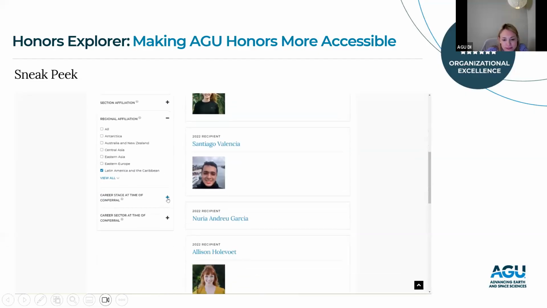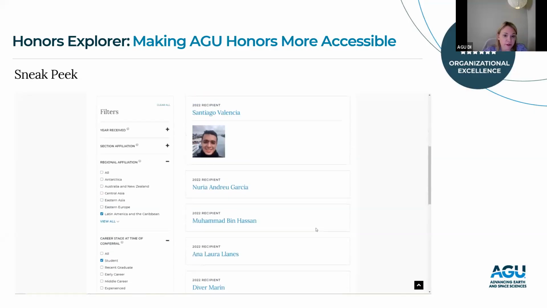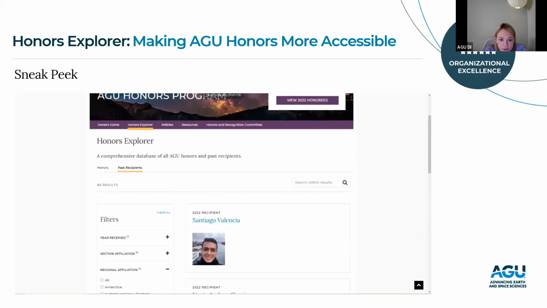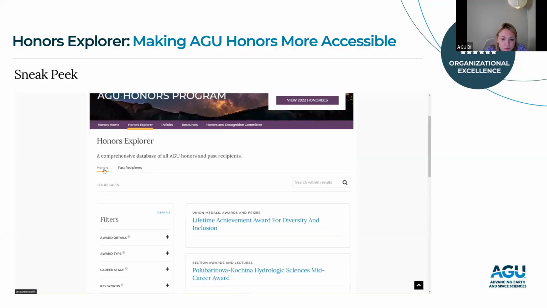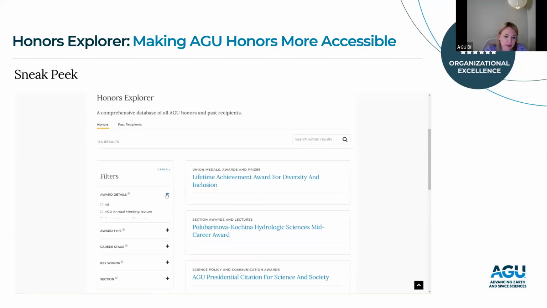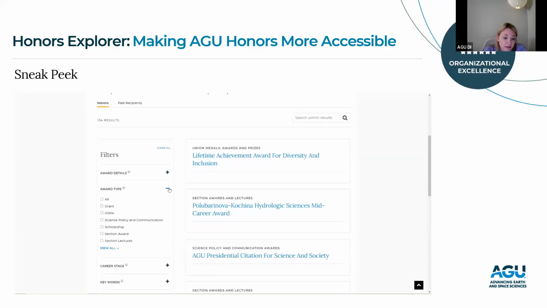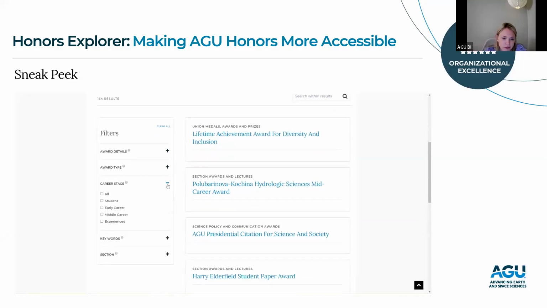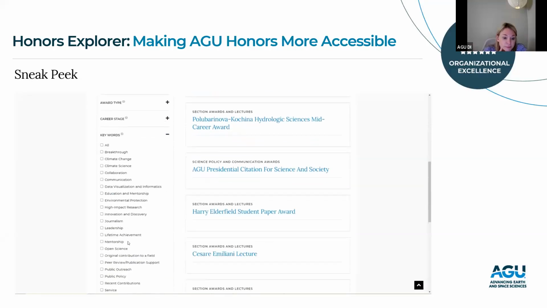And that really is to give people a better sense for whether their candidate or themselves are a good candidate for this particular award. So back to the honors database, once you've selected the honor that you're interested in, you can filter by award details, whether it accepts self-nominations, whether it includes a lecture, that kind of thing, career stage that it's intended for, key terms,